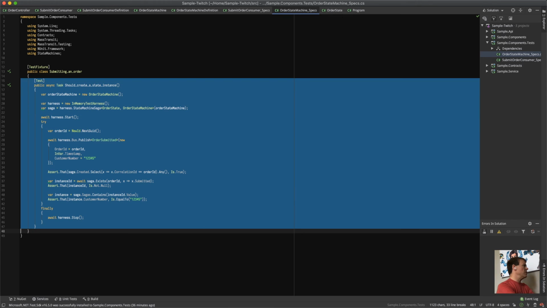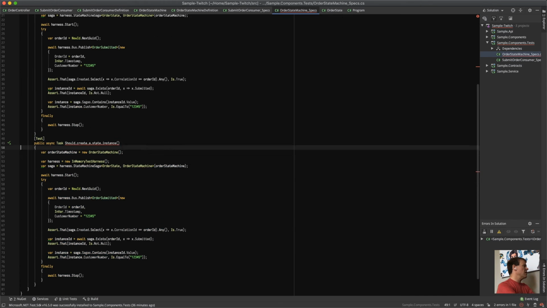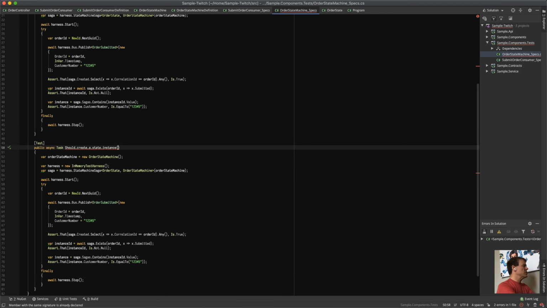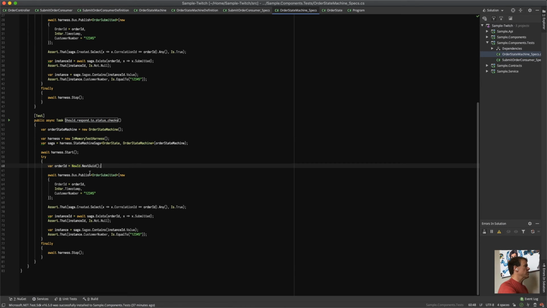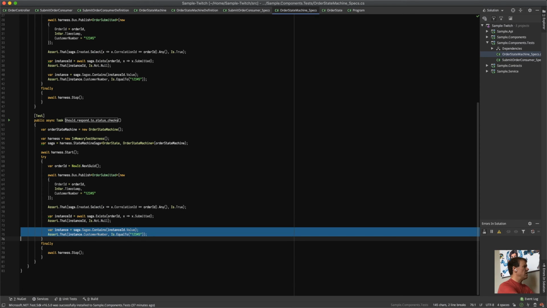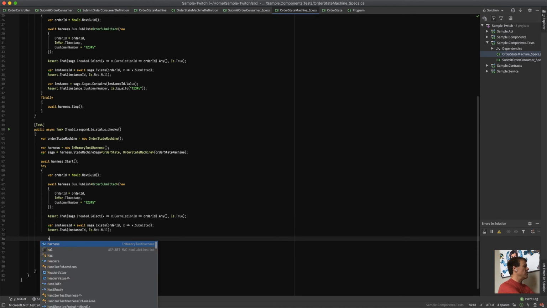So I'm going to name it: should create a state instance, should respond to status checks. So we have our order state machine. We go ahead and we create an order ID. We publish order submitted because we aren't testing the consumer. We verify that it's created and that it's in the state submitted. And now we are going to say